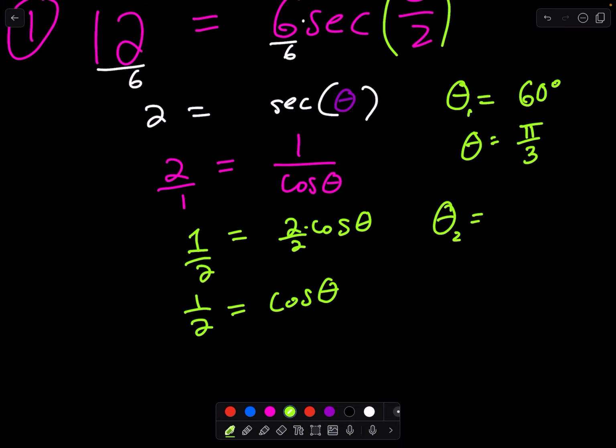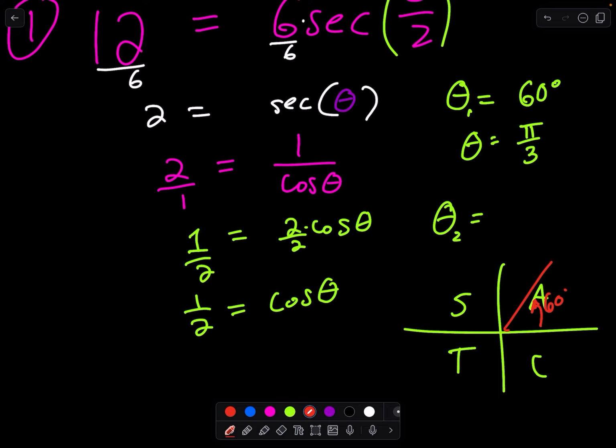So maybe I'll call that theta 1. I'll call this theta 2. A little mnemonic, all students take calculus. We know everything's positive in the first quadrant, so there I have a 60-degree angle, or a pi over 3 angle. Well, cosine is also positive in the fourth quadrant, so I could have a 60-degree reference angle in the fourth quadrant as well. So that would be 300 degrees for my degree people,